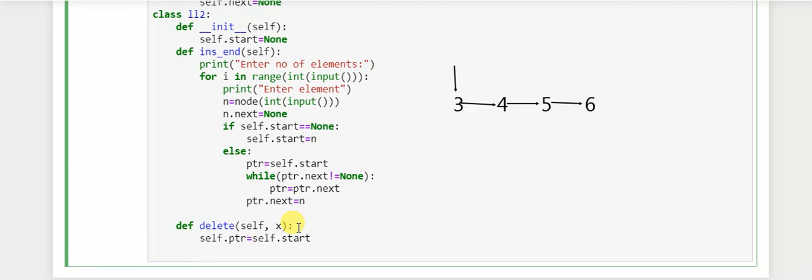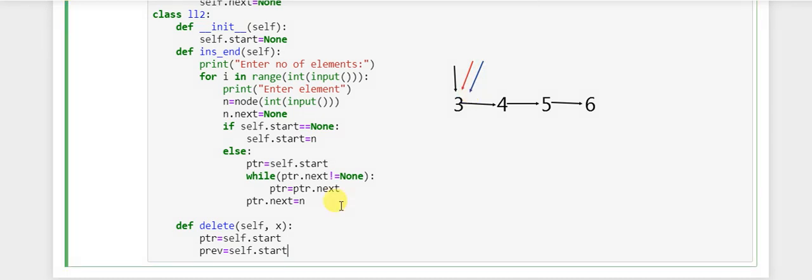Simple ptr and previous. So our ptr pointer is pointing at the head node and our previous pointer is also pointing at the head node.